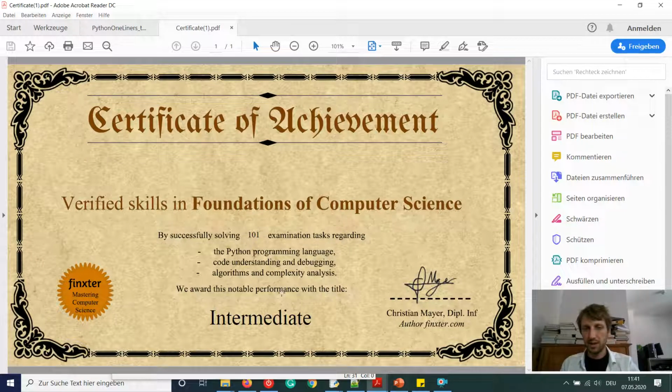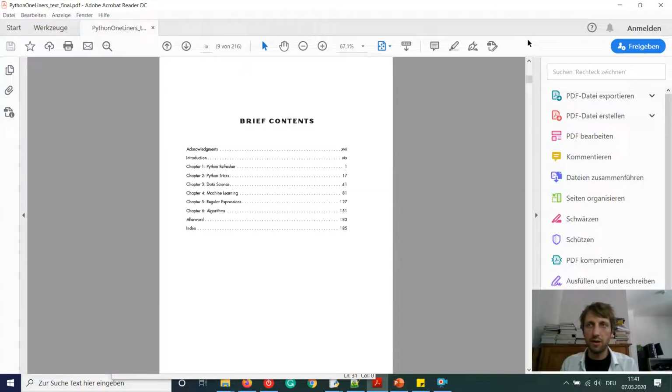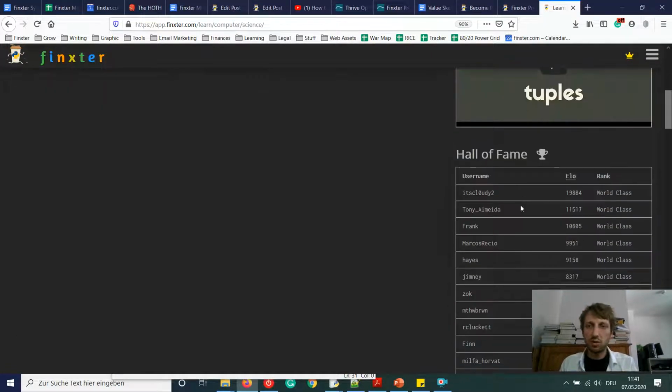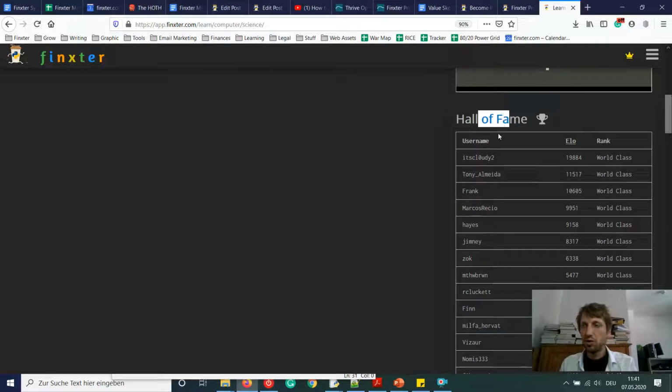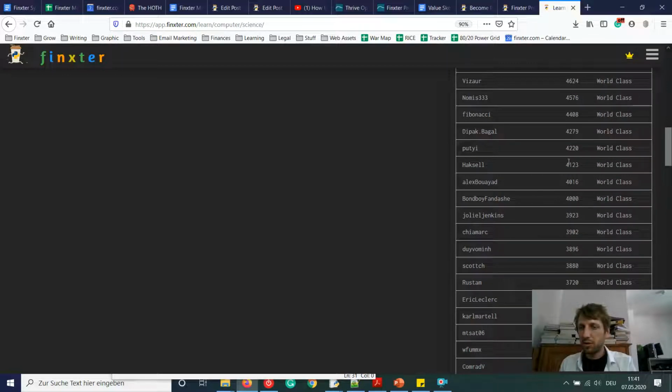Yeah, so they will see, okay, you are a person who learns in their free time, and they will even see your skill level here. And of course, if you solve hundreds of code puzzles, then usually you will have at least grandmaster skill level. And then also you may be able to join the Hall of Fame, which is like the elo rating for all Finxters here